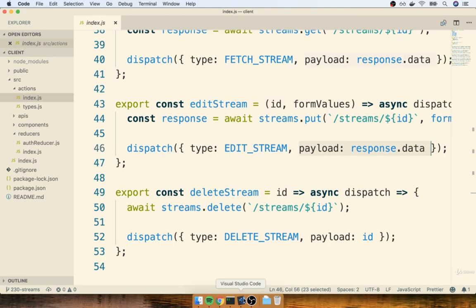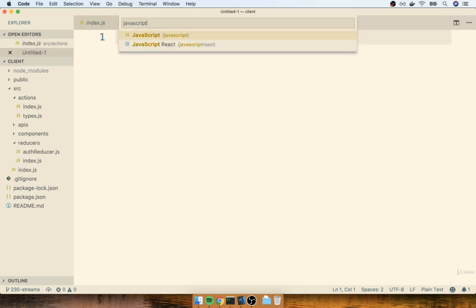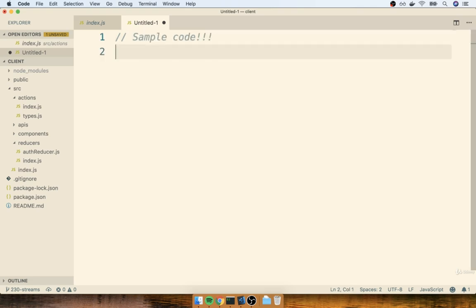So I'm going to flip back over to my editor, and I'm going to open up a brand new file. I'm not going to save this file. This is just some sample code, so you do not have to write this out. I just want to very quickly show you how much code we have to write out to update records when we are making use of an array inside of a reducer. All right, so I'm going to first do the array-based approach.